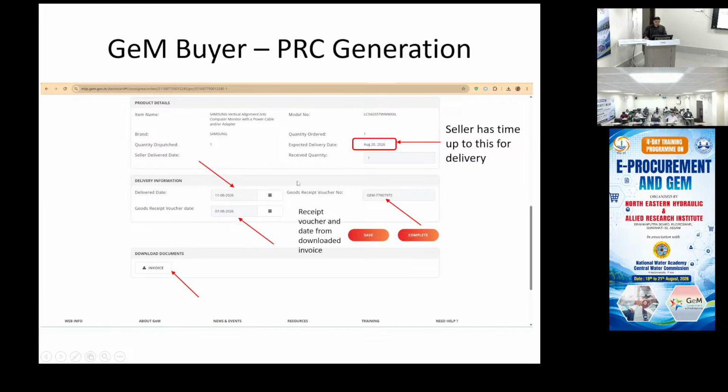Seller has time up to this, and it has been delivered on 11th. Also, yes, if there are multiple items, the seller is supposed to deliver 500 and only 300 have been received. The buyer can edit the quantity over here and the bill will be prepared accordingly.